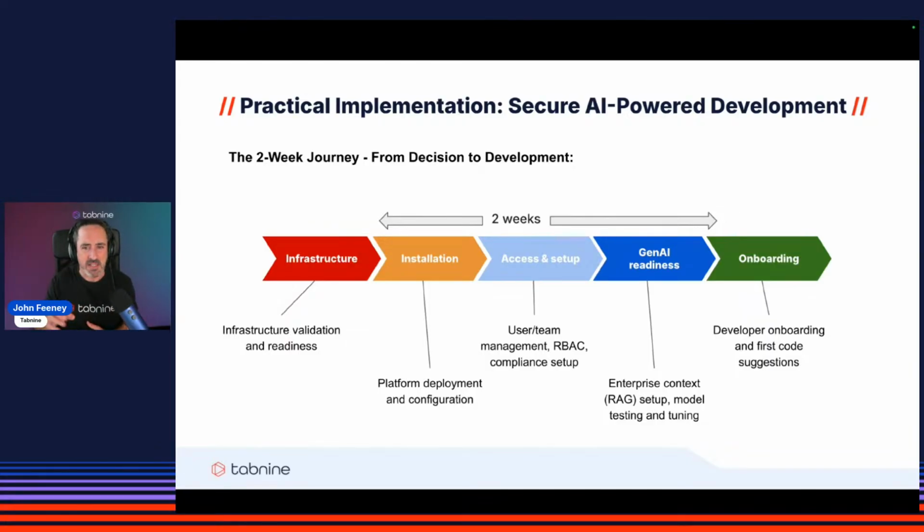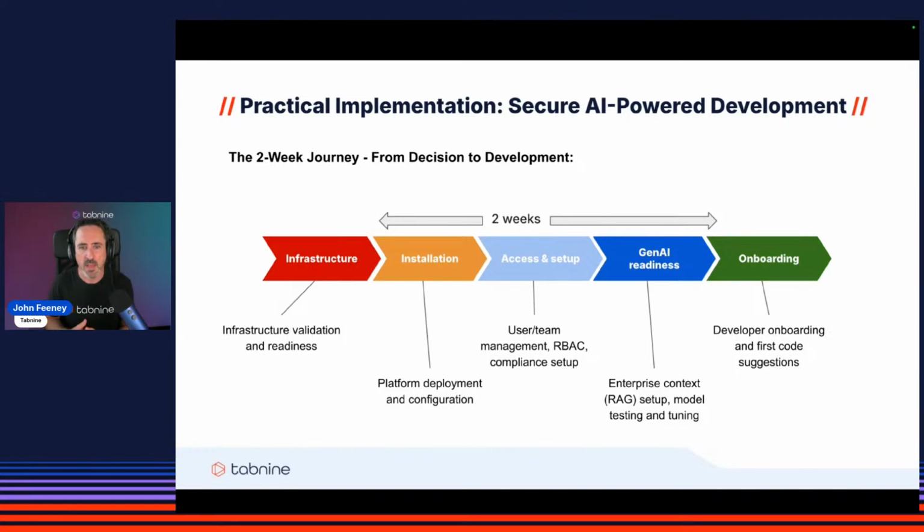Then we move into access and setup, and this involves setting up the various teams. If I speak from Tabnine experience, what we do is create a group structure that reflects your organization. In this phase, we'll also connect to your identity provider.